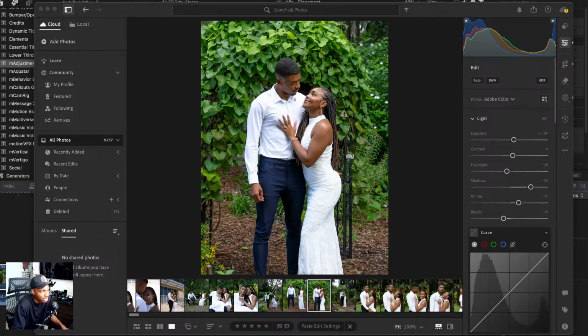I have the Asus gaming monitor, that's the one I'm looking at right here. That's not the one that I edit on. The one that I edit on is my Apple one, because I know from iPhone